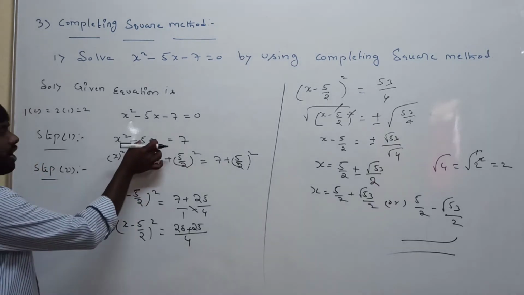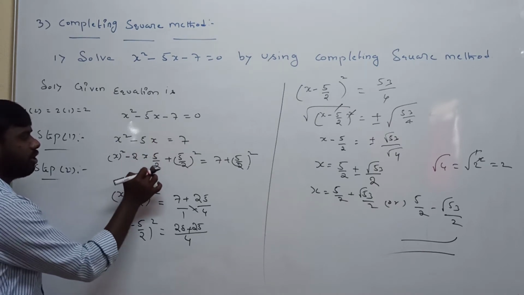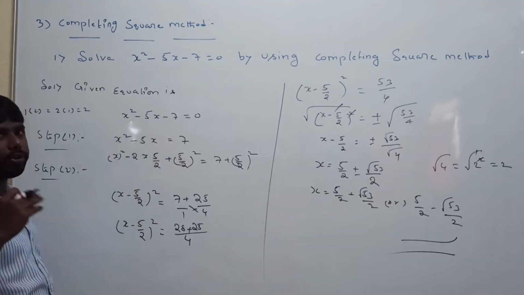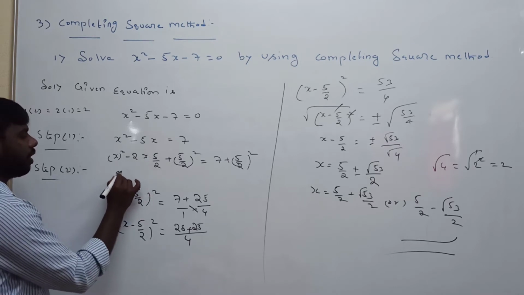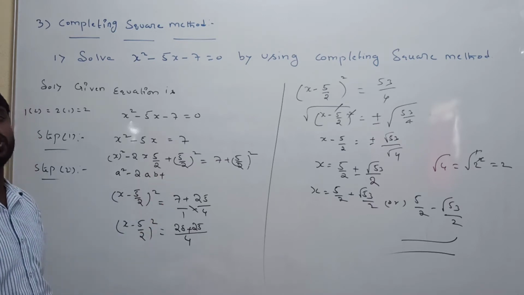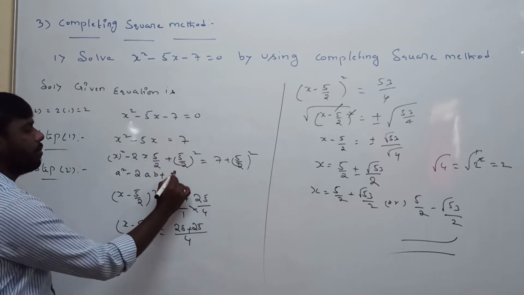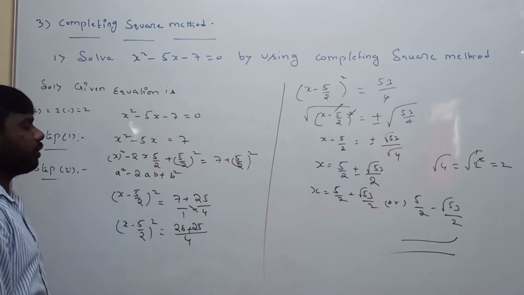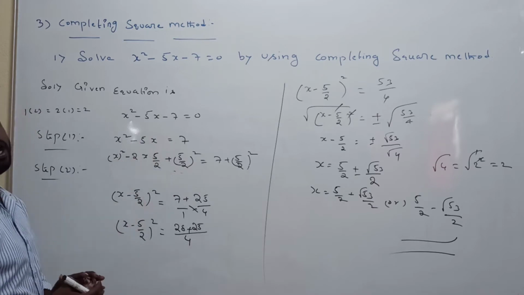So the 5x we write as it is, x into 5, multiply with 2 and divide by 2, because you want this function in 2ab form. The 2 is not there, that's why you multiply with 2 and divide with 2. In this form, 2 into a into b, the next thing you want is b square. In place of b, what is there? 5 by 2. On both sides we add the b square value, that is 5 by 2 whole square. This one gets cancelled, the 2 gets cancelled, giving the same equation.